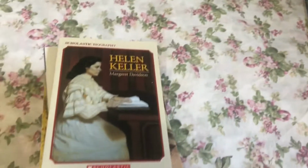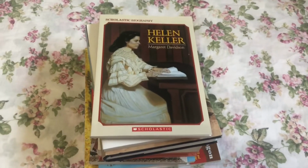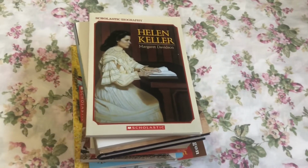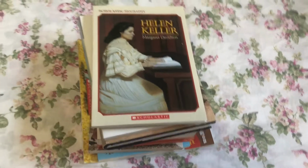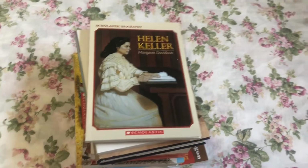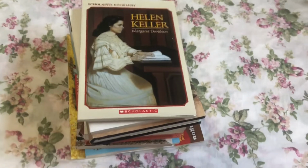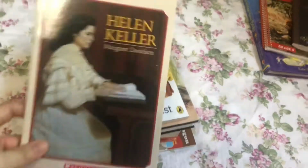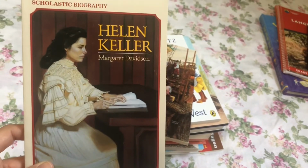In my first video, I did not show the girls' interest set because we didn't have the books, and I just bought the boys set and the classic set. But over the years, we have actually collected all the books in the girls' set as well. So I'm going to go ahead and show you those. So there's Helen Keller,